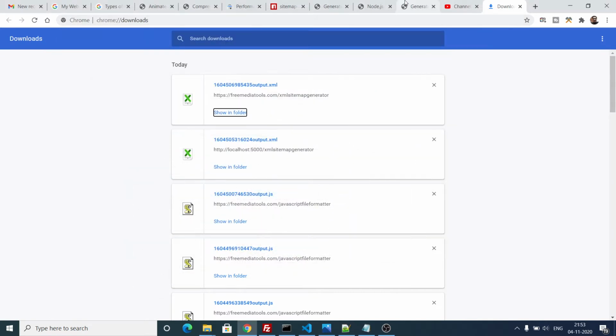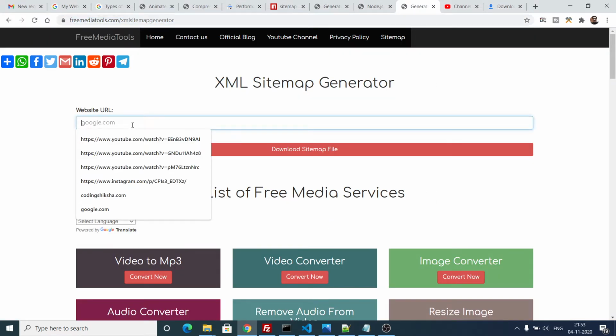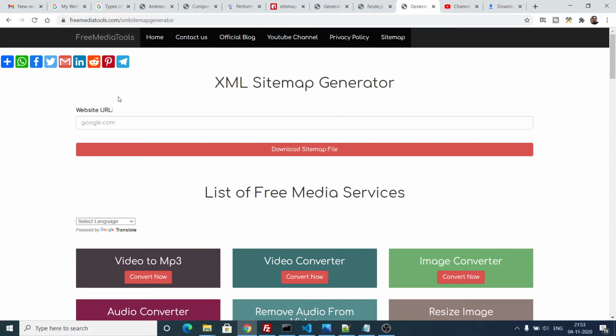You can try out any domain name which is new and has few links on it. I think it supports only 80 to 100 links. So if you enter a very popular domain name like medium.com, it contains 22,000 links, so this tool will not work. So let me enter my website freemediatools.com and click download sitemap. It contains 40 to 50 links, so in this case it will work.